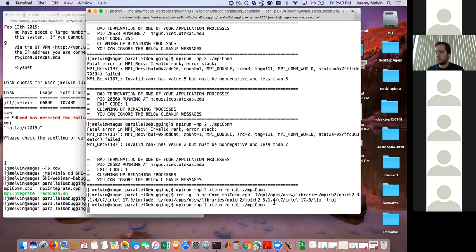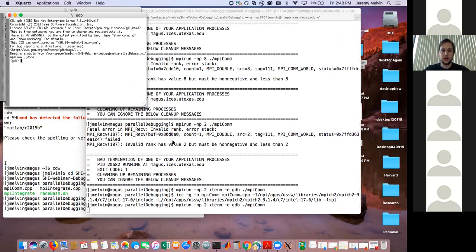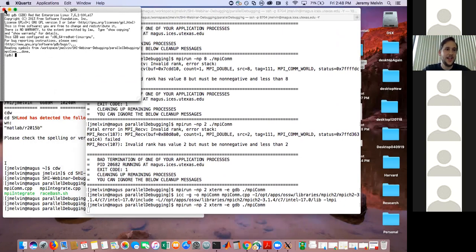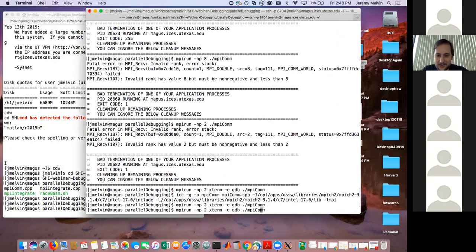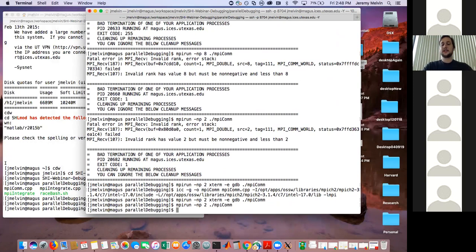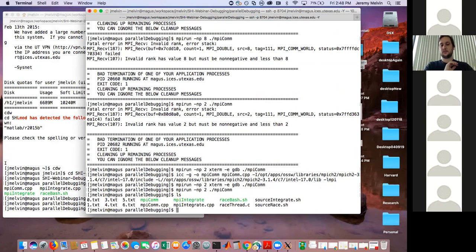So now I would want to go back in the same way, right? I could spawn GDB on these 2 processors, right? I'm going to keep iterating on the 2 process example until I resolve all those problems. Oh, never mind. I'm still running that in GDB. That's why it was taking so long. All right, so now if I run it on 2, you can see that it successfully ran. And it created